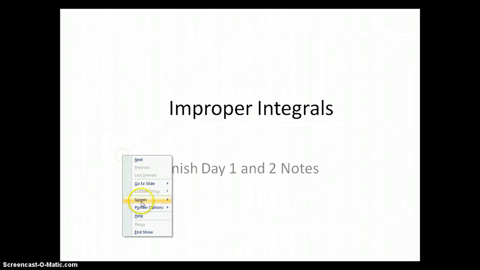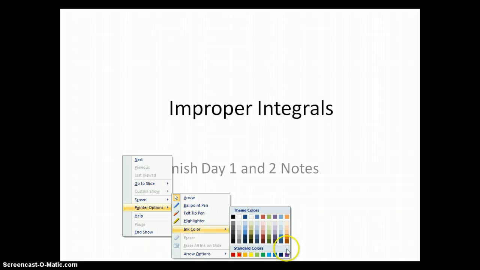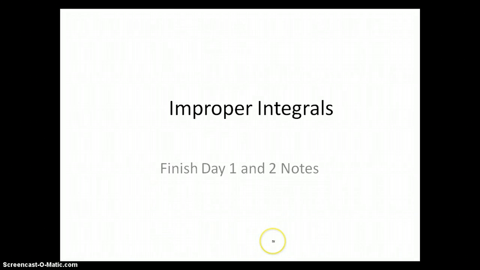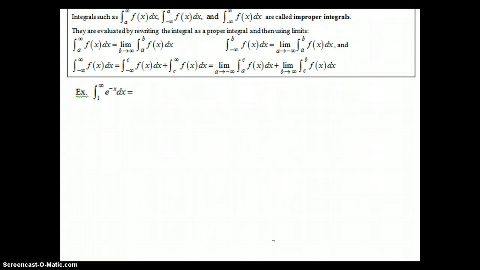All right, we're going to start where we left off with the notes from last class period, and improper intervals is where we're beginning. So we left off with the second example. We start first realizing that it's improper with that infinite limit, and so we must rewrite it with a limit. So we're going to let b approach infinity of the integral from 1 to b of e to the negative